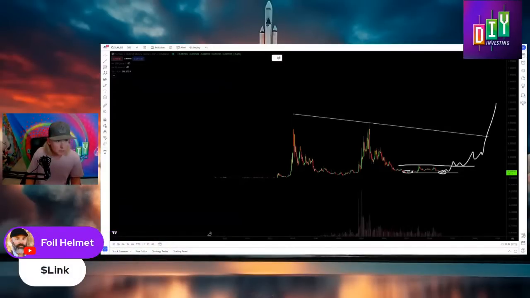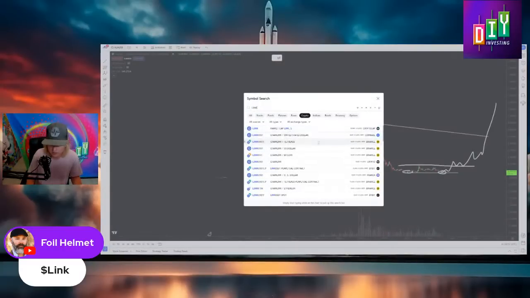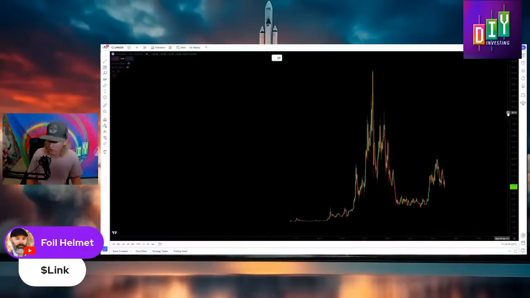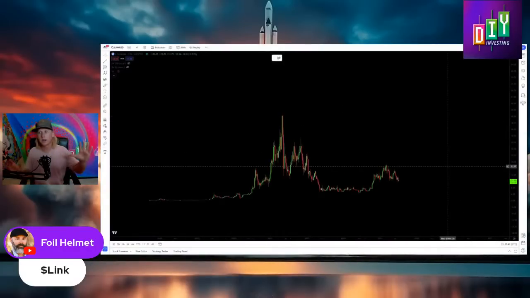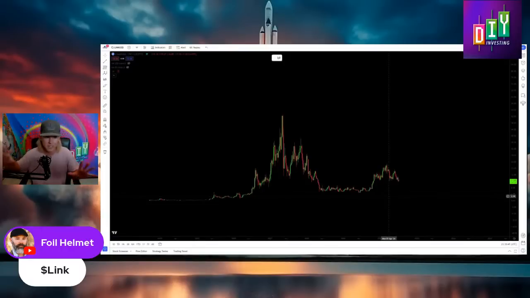All right, let's look at Link because this one is one of my biggest holdings as well. Not that XRP isn't, but Chainlink is another one of those that I really, really like going into this cycle. So when we're looking at Chainlink, what is the typical market cycle that you're going to see? Your classic textbook example, like the Wall Street cheat sheet or a market cycle. I'm actually going to grab the Wall Street cheat sheet real quick because I love to overlay it onto the Chainlink chart. So if we come over here,